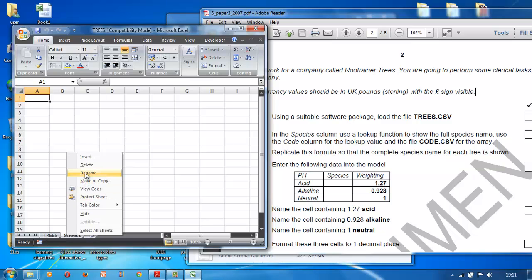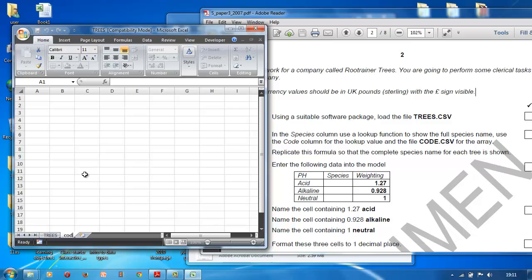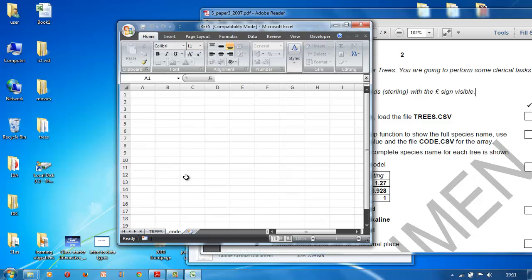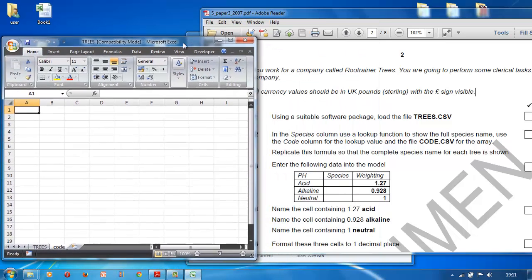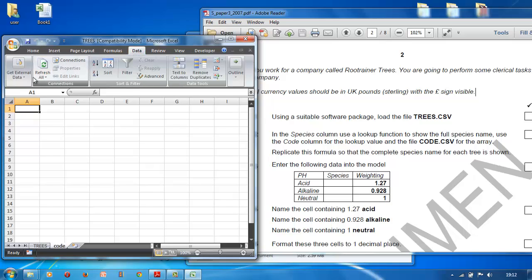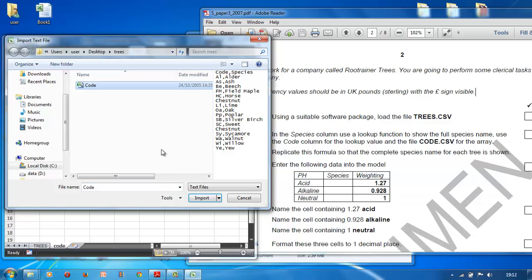Rename it so you know what it's called. We're going to call it code, and there it is. You press enter, and now it says over here that we need to get this code.csv. So I've called the sheet code, and now I must bring the file into the spreadsheet. So we go to data, get external data. It's a CSV file, so it's a text file. And there it is, code. You go import,